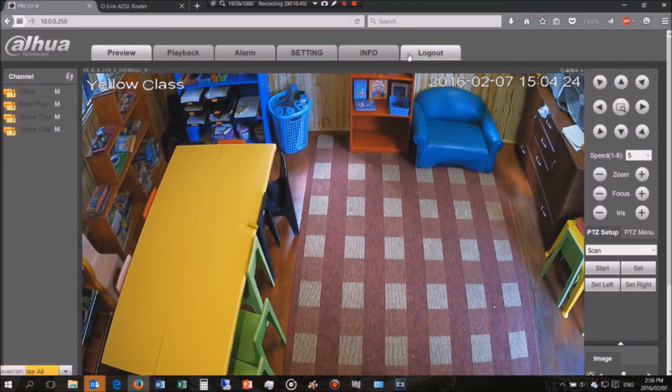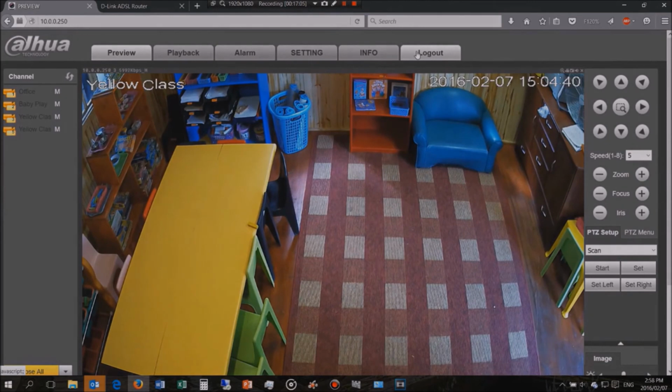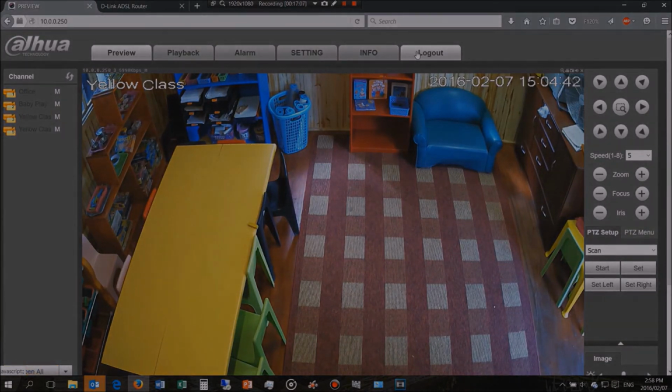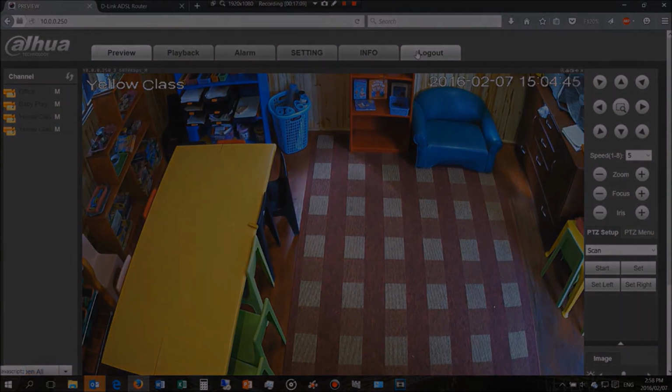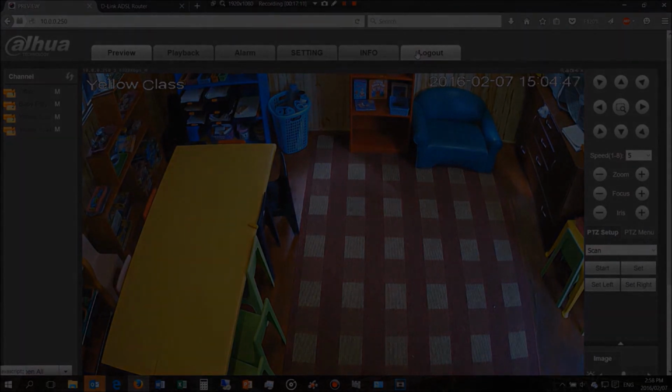Oh, another problem I'm having with the unit is underneath the actual unit itself, the NVR, it's very hot, and I'll keep watching that every few hours. I'm concerned that it's so hot, and it hasn't got anything to do with the PoE because the cameras weren't even plugged in at that point. So I'm just a bit concerned about how hot the actual unit's getting. Maybe it is because I am logging in through the web